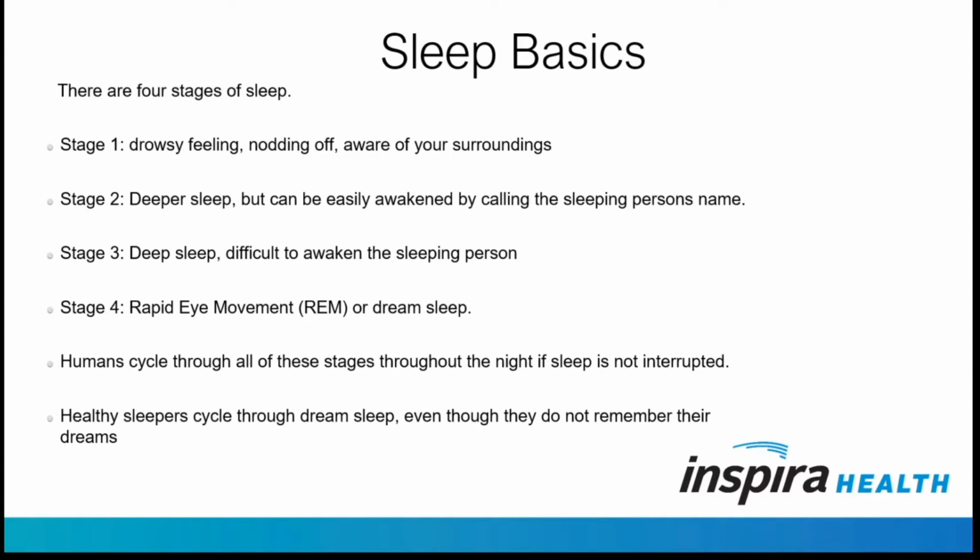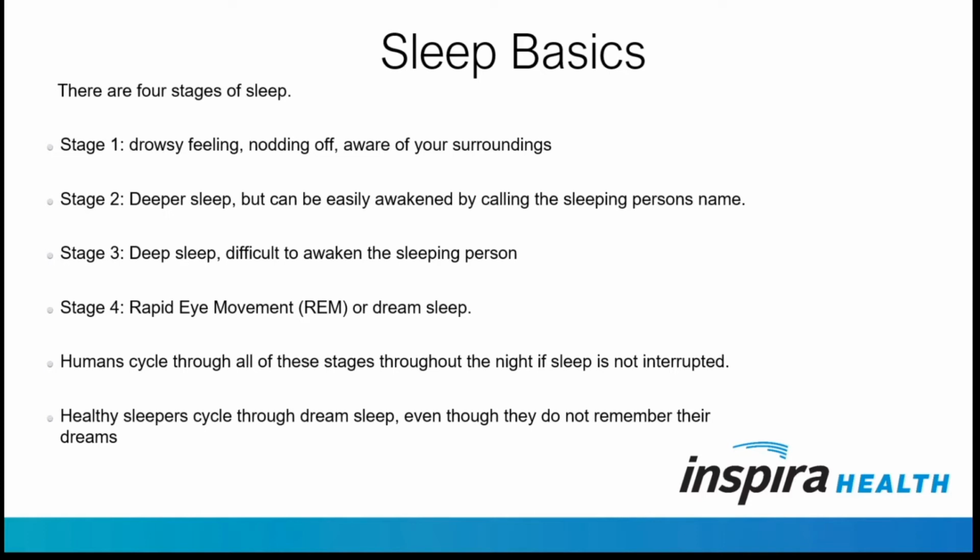It's rapid eye movement sleep. If you've ever seen anybody's eyes move behind their eyelids when they're sleeping, they're in REM sleep. It's where you dream. So typically you start off at stage 1, go down into stage 2, about a half an hour, 45 minutes into it, you hit stage 3, you get a little bit of REM, you come back